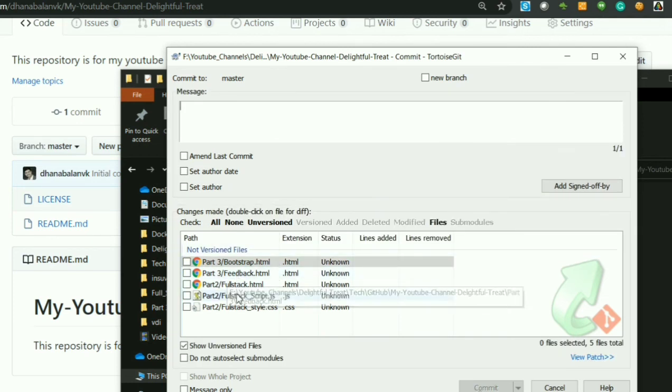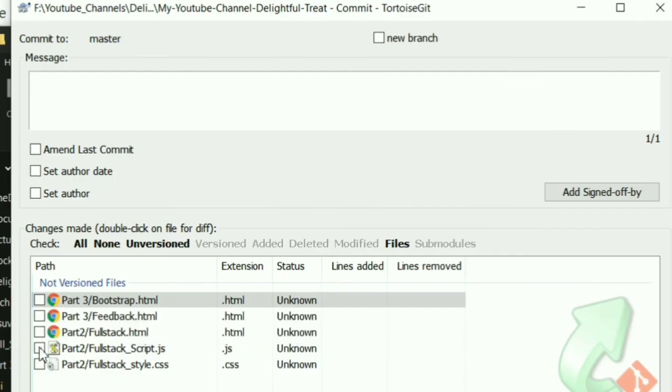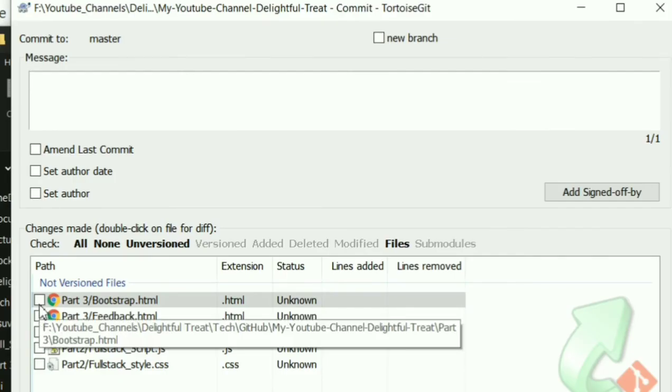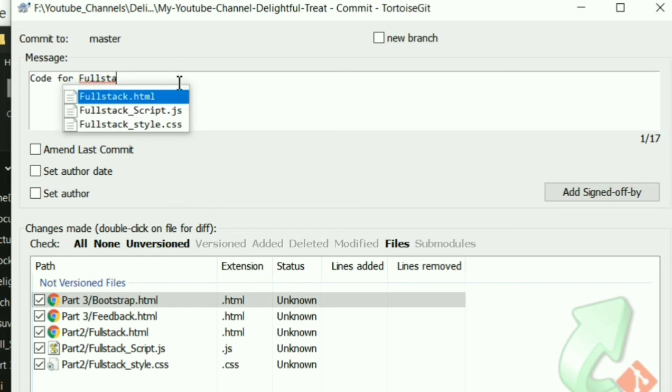I just want to push all the files to the repository. I'm going to click all for this, which means it will add all these files to the repository. And I'm going to give the name. I'm giving the name as code for full stack development. So these are the files we have created so far, and I'm giving that name.